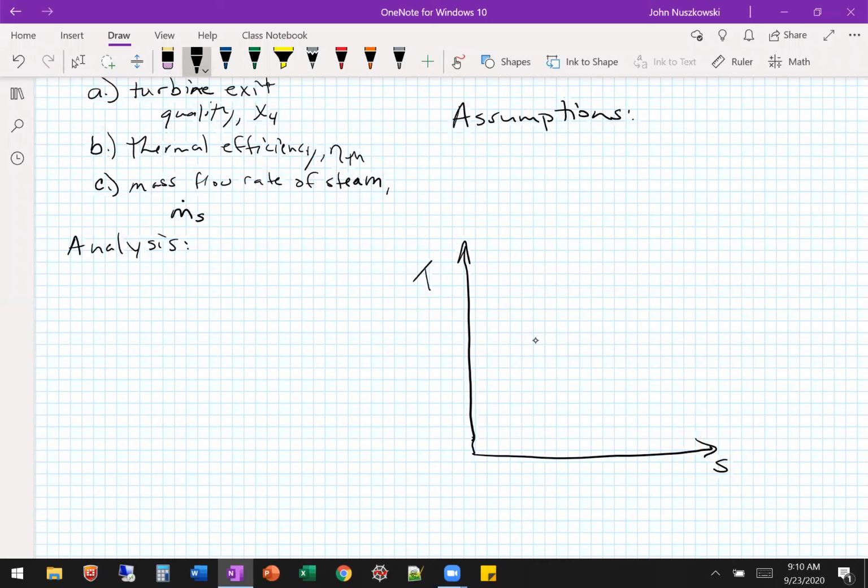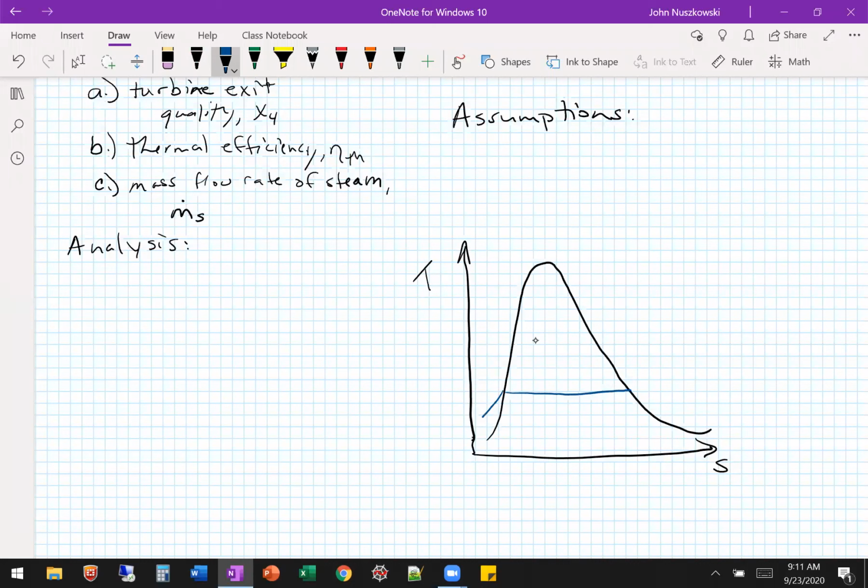Here we have a vapor dome. And let's see if I can draw it on a screen. All right, that's better. So we have in the Rankine cycle,